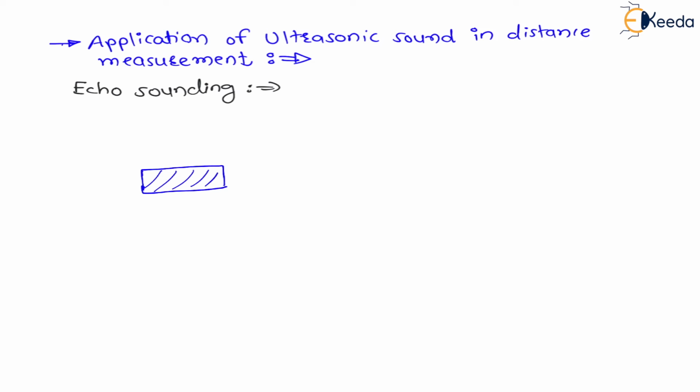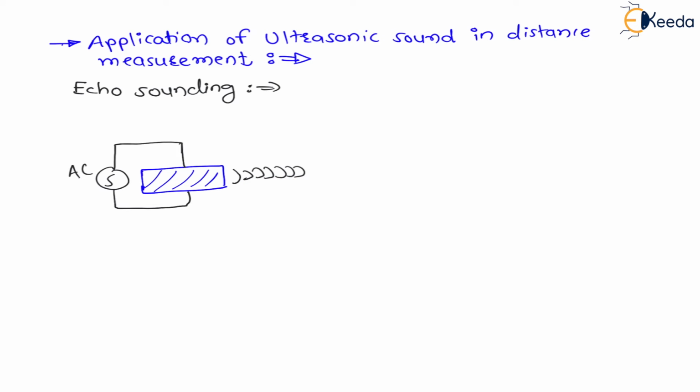Now my dear students, to this quartz plate we are applying an AC supply, alternating current. Because of this AC supply, there will be expansion and contraction in the quartz plate. Due to this expansion and contraction, the quartz plate will generate ultrasonic waves or sound waves. Whenever the frequency of the AC supply matches the natural frequency of the quartz plate, the sound waves generated are ultrasonic sound waves, as we have already seen. Let us say these are the ultrasonic sound waves at natural frequency or at resonance.